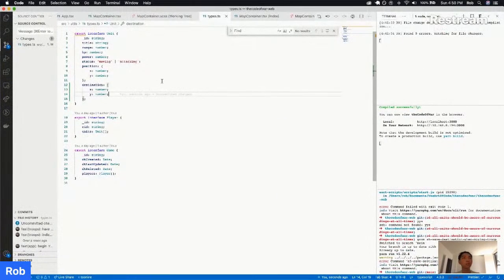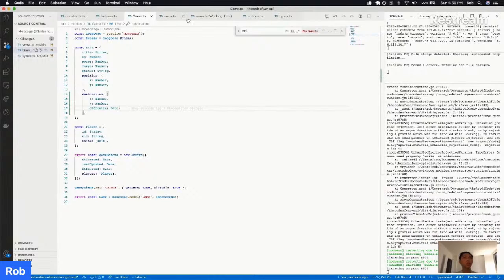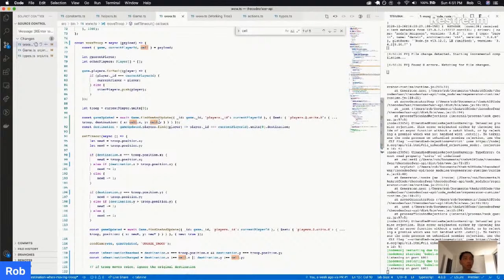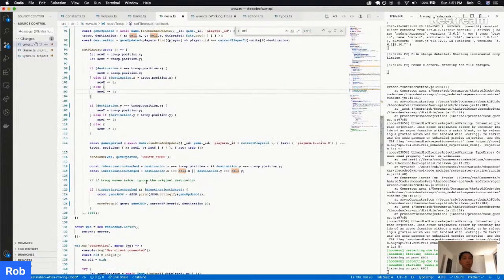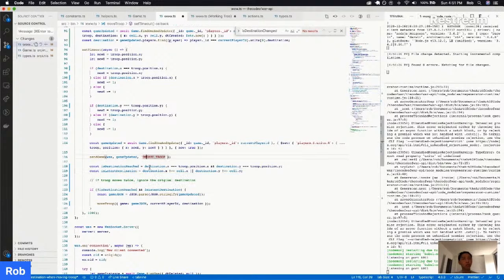Let's go to front end types. And our request here, we're going to add a DT created. And instead of destination change, this would be is latest destination. And that would just be